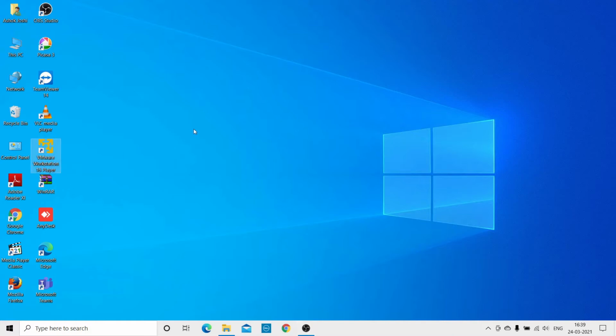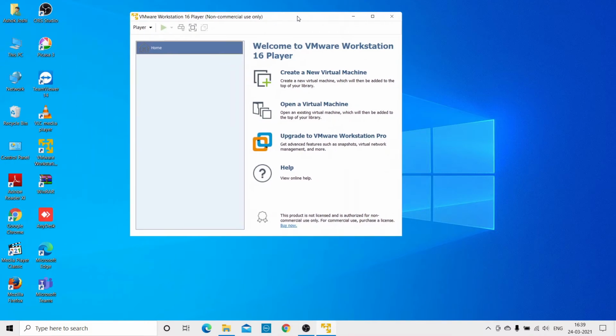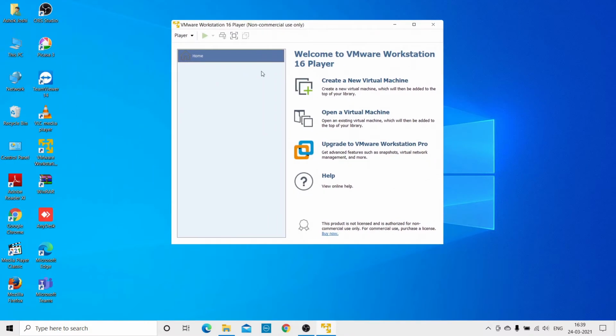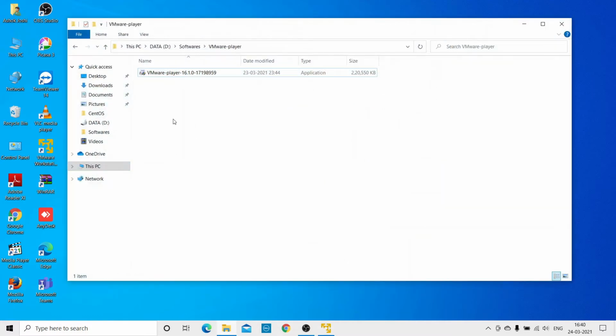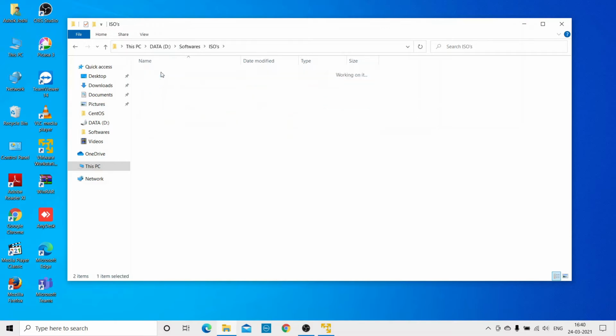Let me show you how this looks. And here we can see that we have this kind of interface of VMware Player. So now let me show you the ISO that I have downloaded. It's in the softwares folder of my D drive, and here we can see the ISOs I have made. So CentOS. So here I have the ISO image.